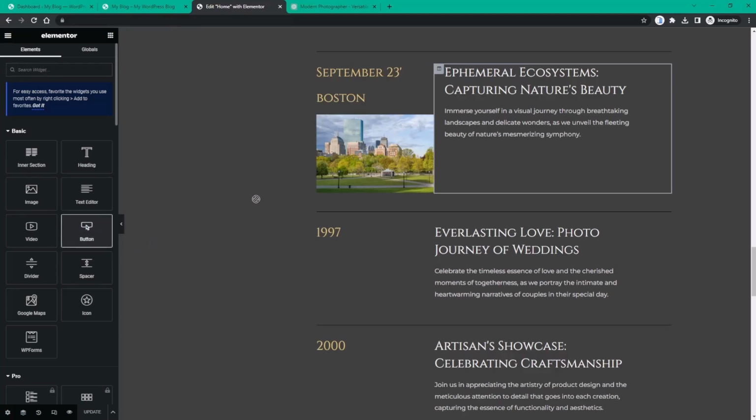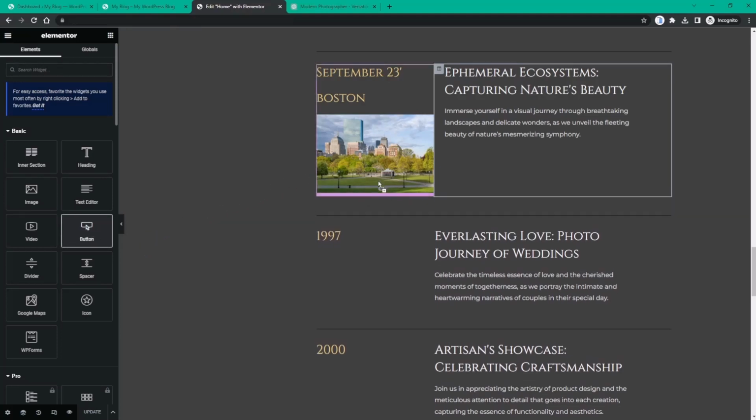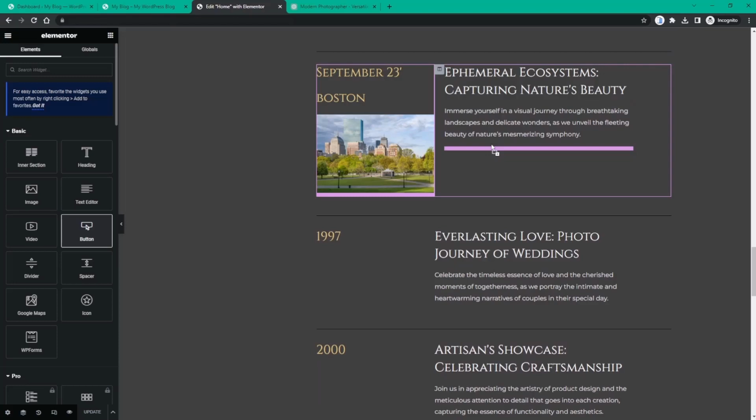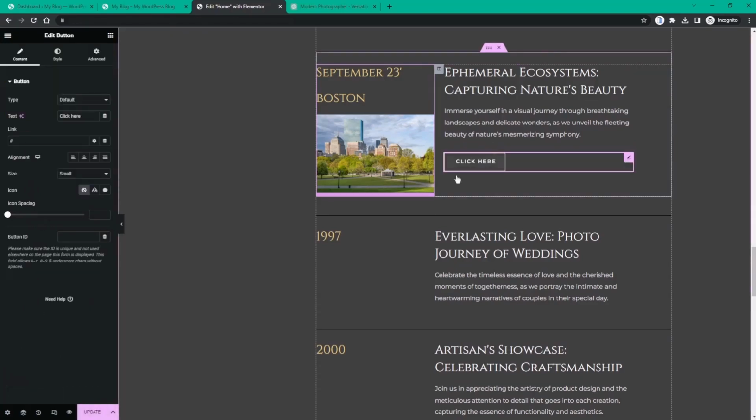Always being careful of where it's going to land up. We can see it can be placed here, can be placed up here. So let's place it right over here, and I'm going to let go. So now we have our button,